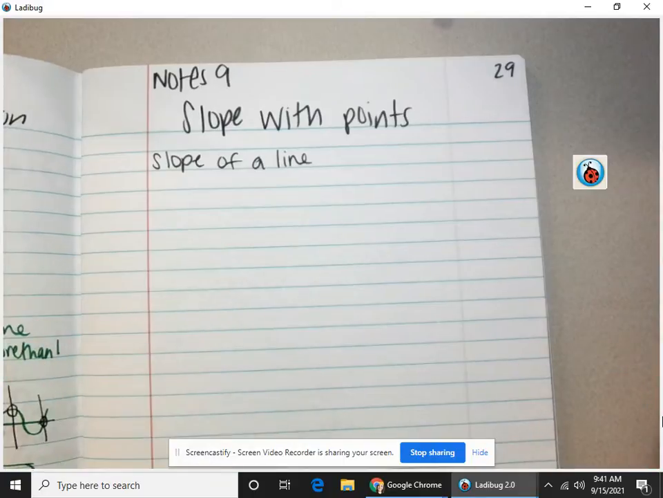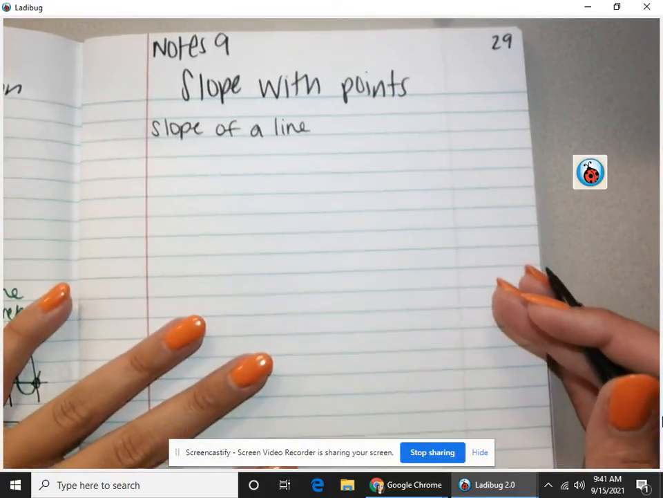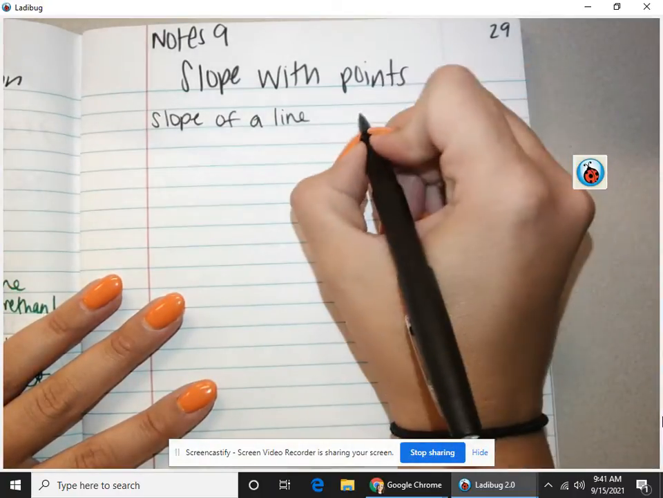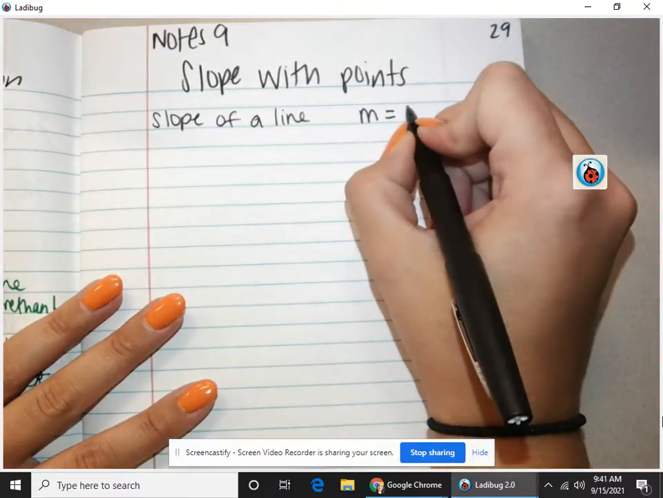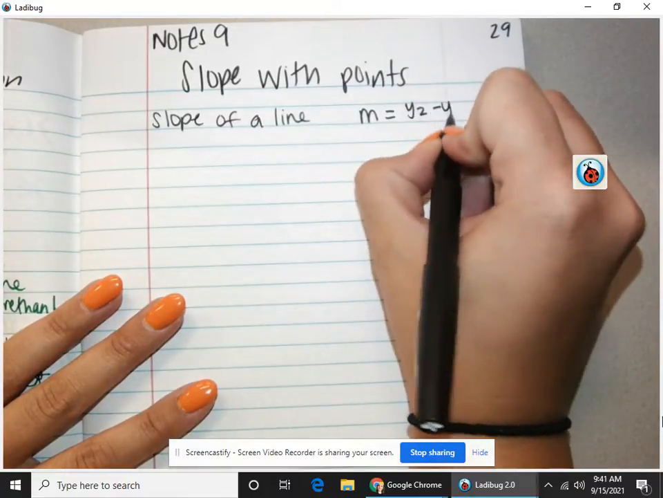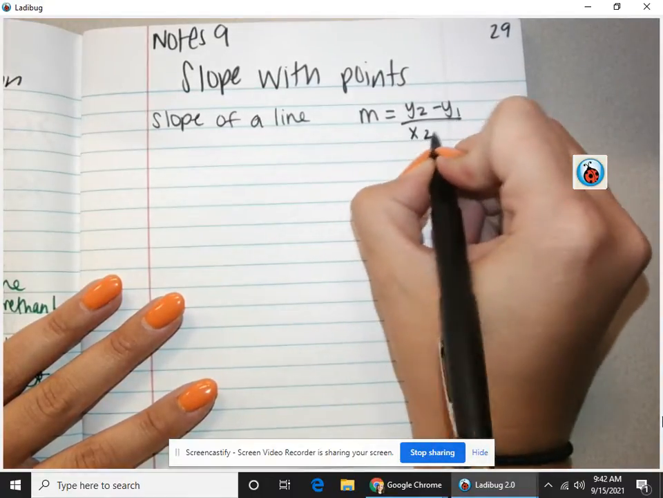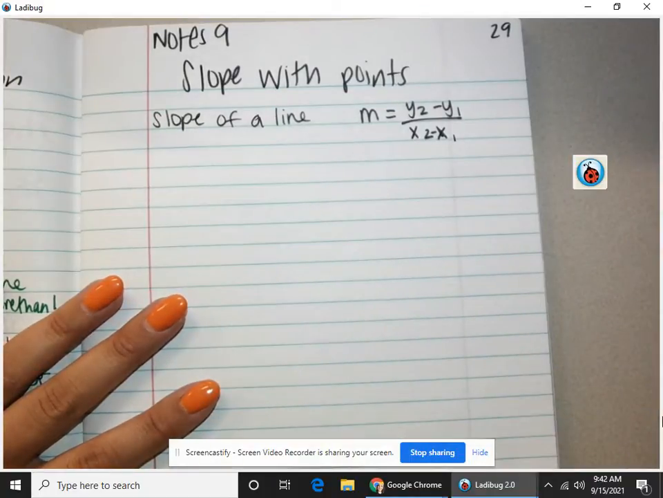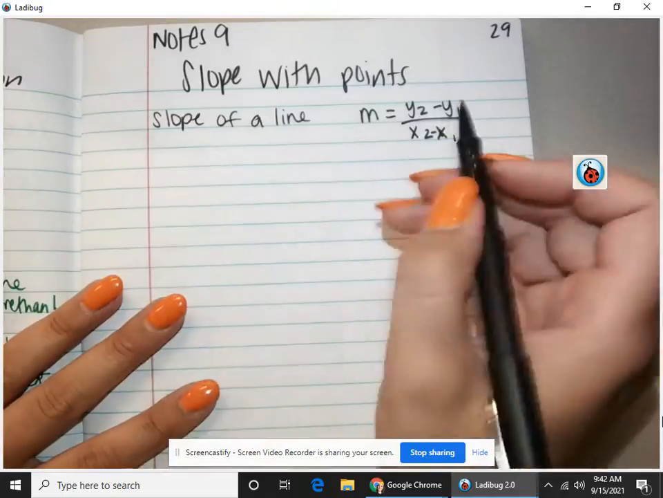Okay, so we're talking about slope with points today, notes 9, and we're going to talk about slope with a line. Now, on your formula chart, the slope of the line formula is written m equals y2 minus y1 over x2 minus x1. Okay, so my question for you is